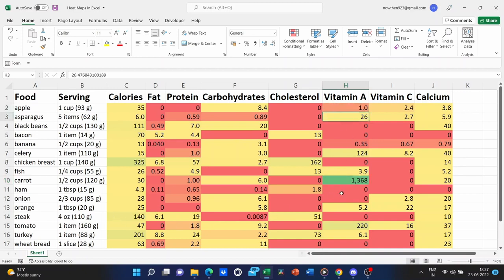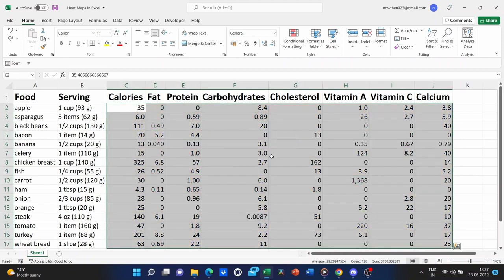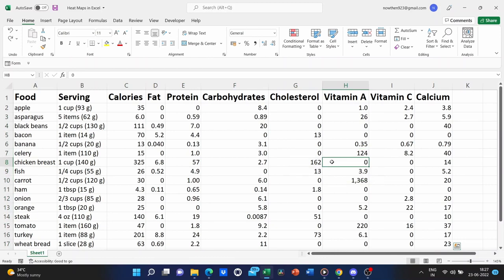So I'm going to undo by holding Control and tapping Z. I'll undo the color scale that applied to this data. I just wanted you to see why it's important, at least in this situation, to select only the data that you want to be compared.